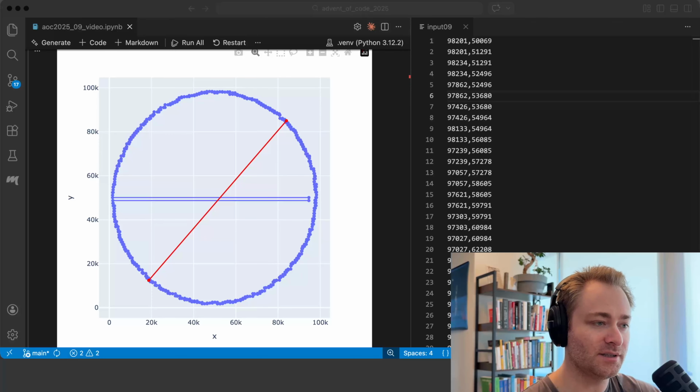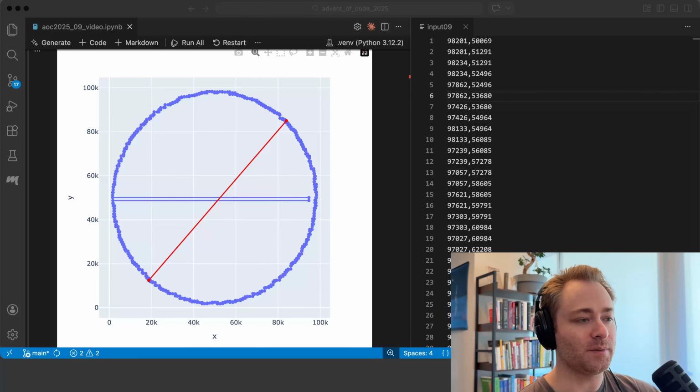Now, part 2 is considerably more complicated, actually. And it took me a while to figure it out, but I got something that works. So let me explain. For part 2, they want us to, again, find the largest rectangle, but it's got to be within the shape that's traced out by all the positions. So, for example, here,